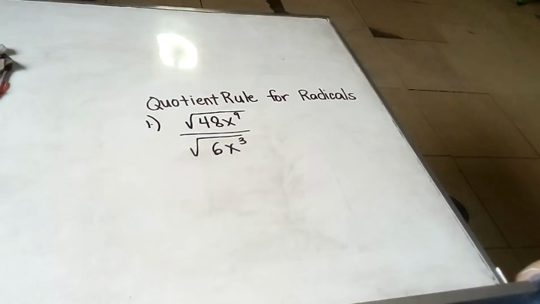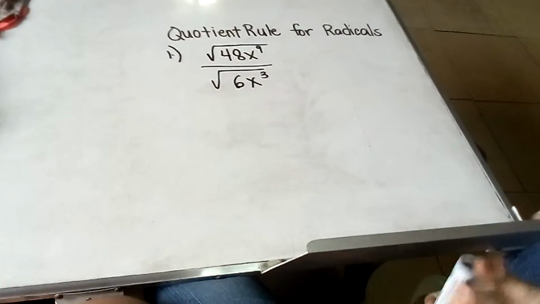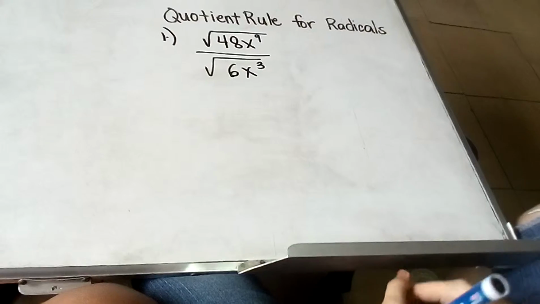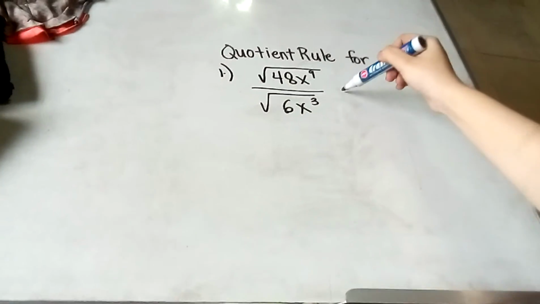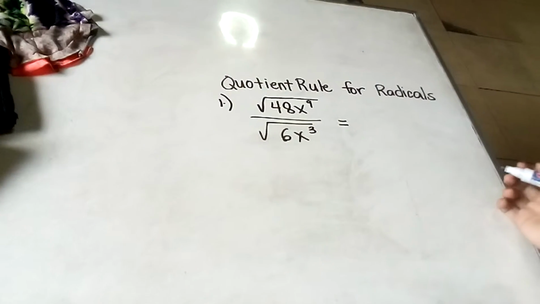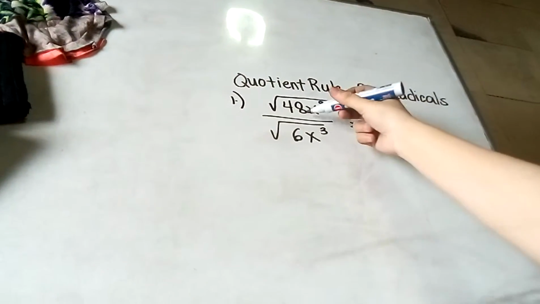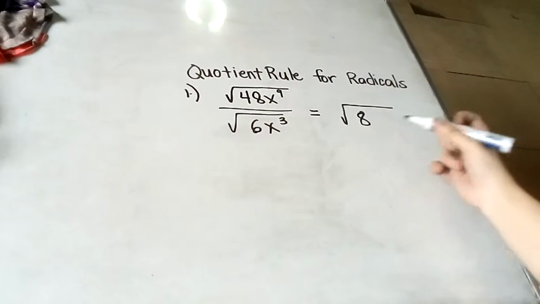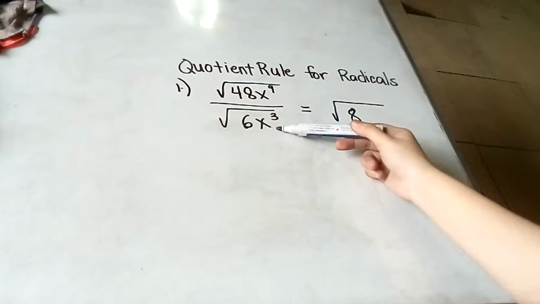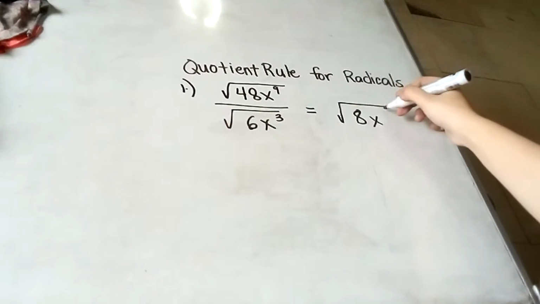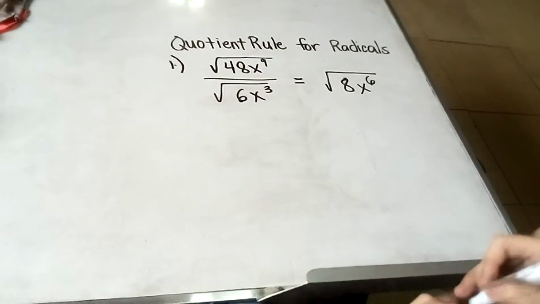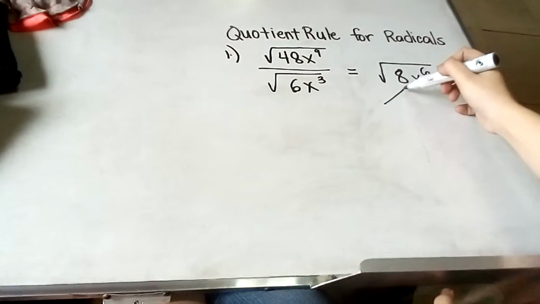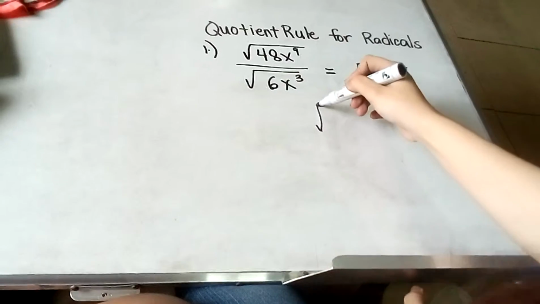Go. So, did you have your answer? To answer this problem, since it has the same index, you can directly answer this. So, 48 divided by 6 is the square root of 8 x to the 9th power divided by x to the 3rd power, x to the 6th. Since it's square root, it is the product of